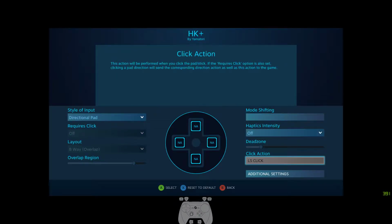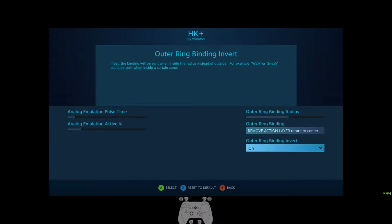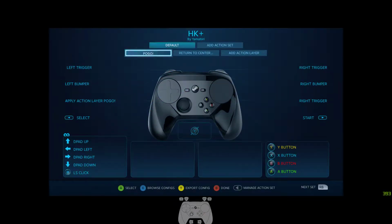All of these use an empty binding, and then in the additional settings, the outer ring binding removes that layer, and of course the outer ring is inverted, so you have to go to the center to remove it as opposed to the outer. So why did I do that for this layer? Well, I've noticed that one of the problems with using the pad as a D-pad is muscle memory for regular gamepads. Because I would use the joystick a lot, my thumb's muscle memory is that I have to keep up constant pressure to keep the input going. But on the thumb pad, that leads to what I call thumb drift, where your thumb moves all the way to the outer edge, and that makes platform games difficult because then you're constantly doing overcorrections. So that layer is pretty much designed as training wheels to help me consciously keep my thumb a bit more